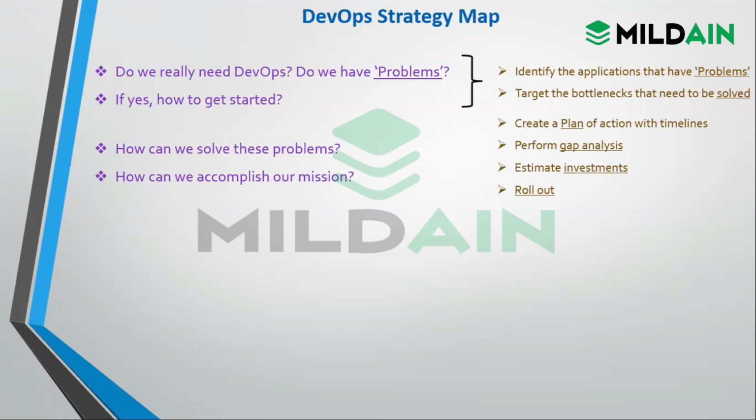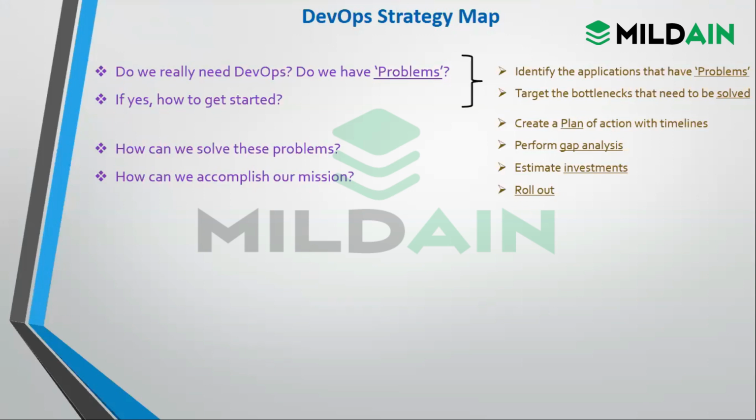After finding the bottlenecks and the problems, that is the pain areas, in the pain areas we see what their manual processes are, how we can automate those processes, and what new changes we can bring into their process. Suppose a company is not following agile completely. Then we ask them to follow agile in all the phases. This is how we plan and recommend to them.